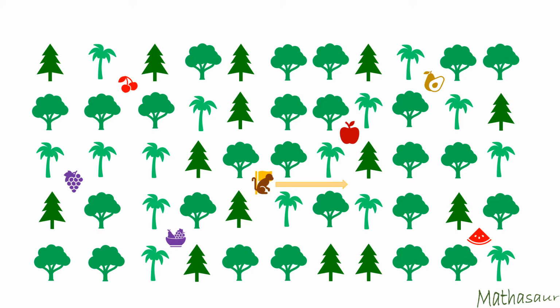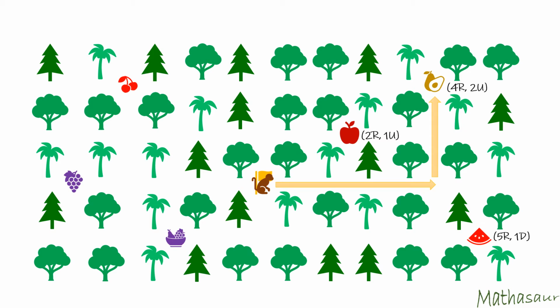Let us look at the apple first. So the monkey crosses 2 trees to the right and he crosses 1 tree up. I could write that path as 2R, 1U. Now let us look at the watermelon. Now note that we are going to trace all the paths from the flag, which is the monkey's original position. This time, the monkey is going to cross 5 trees to the right and 1 tree down. We could write that as 5R, 1D, 5 rights and 1 down.